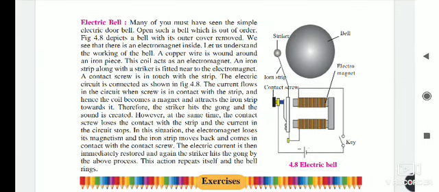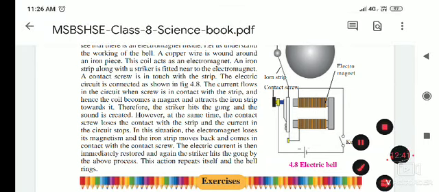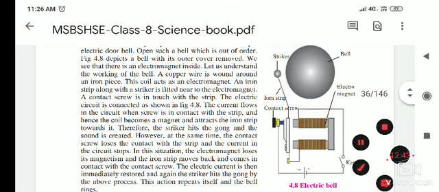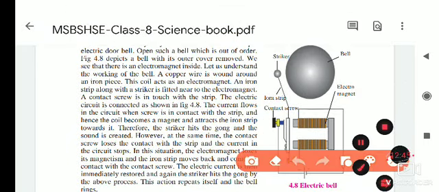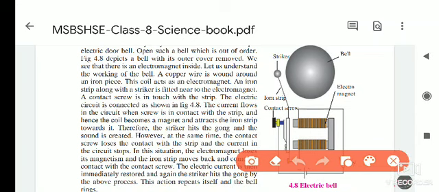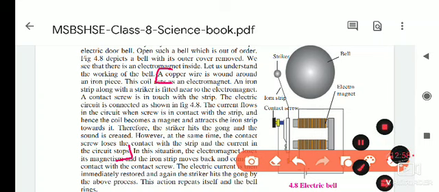Understand? Now, after this, for the working, you have to write how the bell works. You have to start from here, and at least write till here for this question. Okay, now the next question is